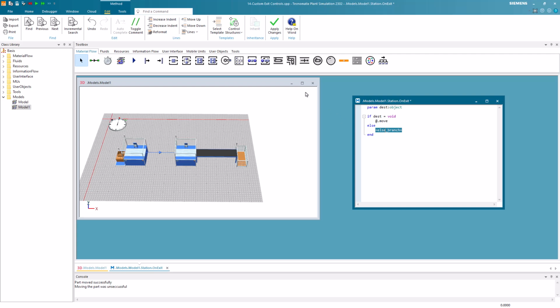So in this branch, we want to check if the part waited too long. So we insert another if-else statement. In the condition, we will now use the finish time attribute of the part to get the time when it was finished. What we need next is the current time of the simulation when the exit control is called again. So we create a variable which we will call current time.